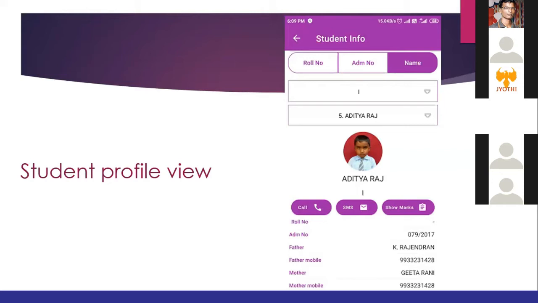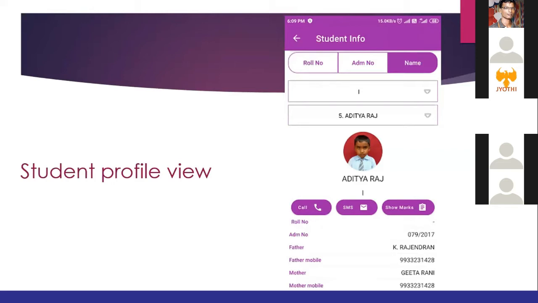So in the PTM, the parent teachers meeting, we don't want to bring any notebook or papers. All the academic data are there in the mobile app. We can sit simply in front of the parent and show in the mobile app, say, this is your child's history in this academic year. This many days absent, this many days late coming, and these are the remarks the child has. These are the examination-wise marks. All this we can show through the mobile.